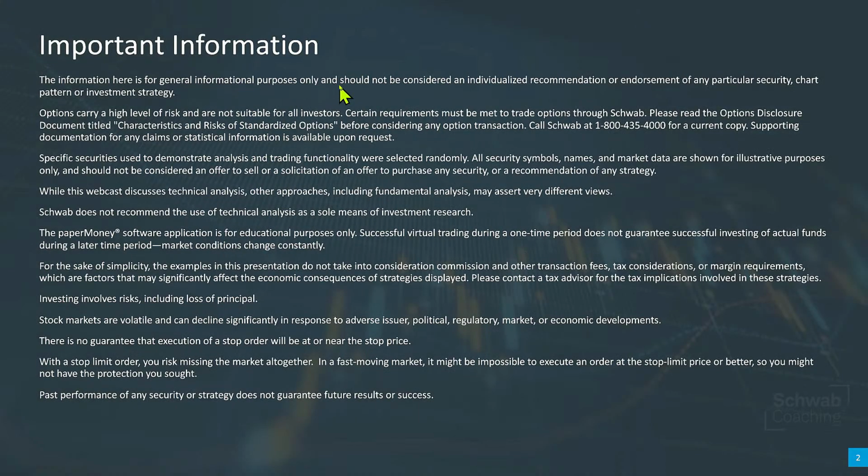But having said that, let's get right down to business. We're going to look at a lot of charts today, but that's all for general information purposes and shouldn't be construed as a recommendation. We will do a couple of example trades as well. Our focus here is on technical analysis. This is called Getting Started with Technical Analysis.